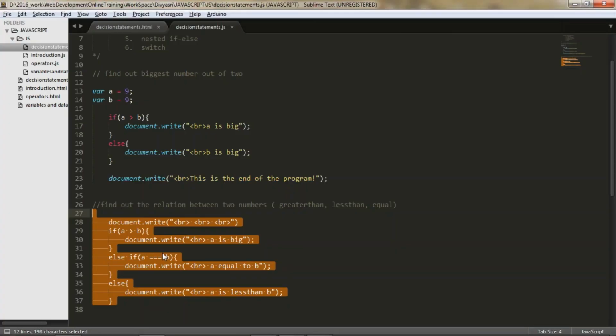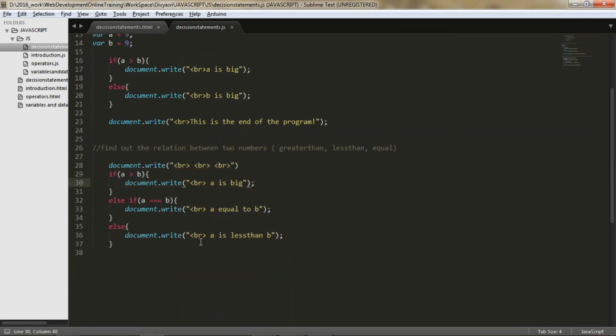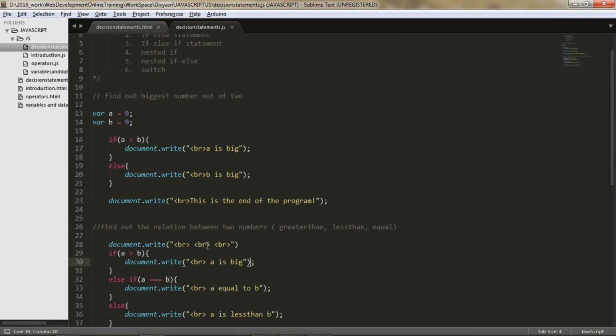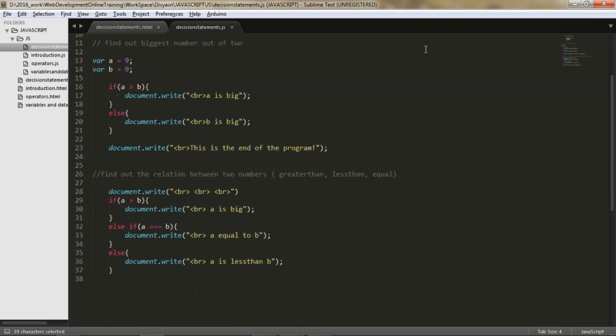Now it's satisfying, it is producing a valid result. Okay, so we are getting the desired result as we required. So that is about if else if statements. And now for the nested if and nested if else,